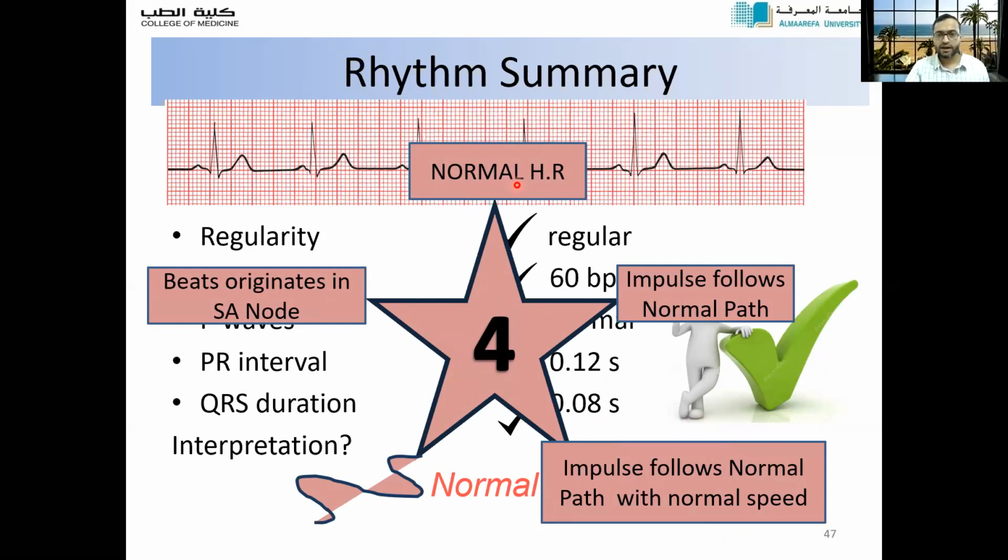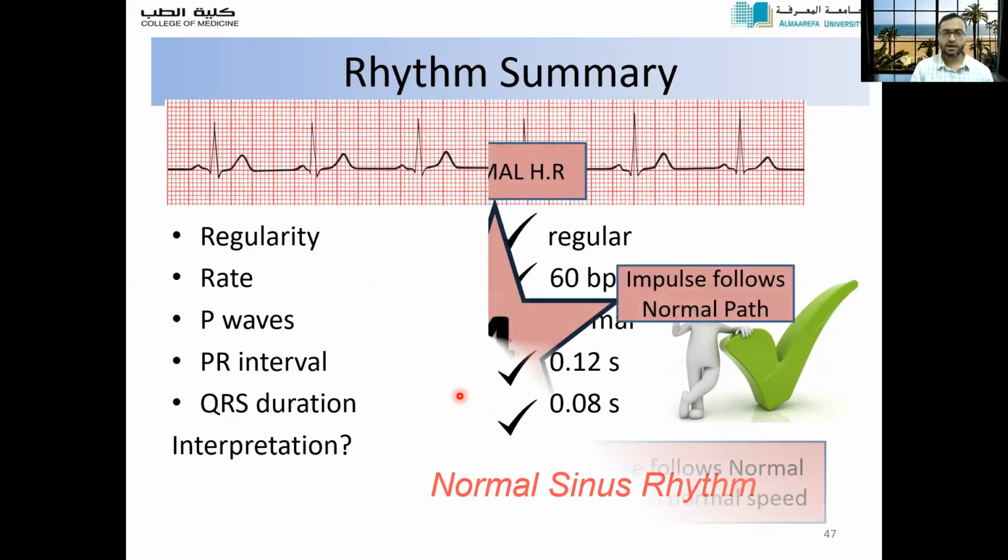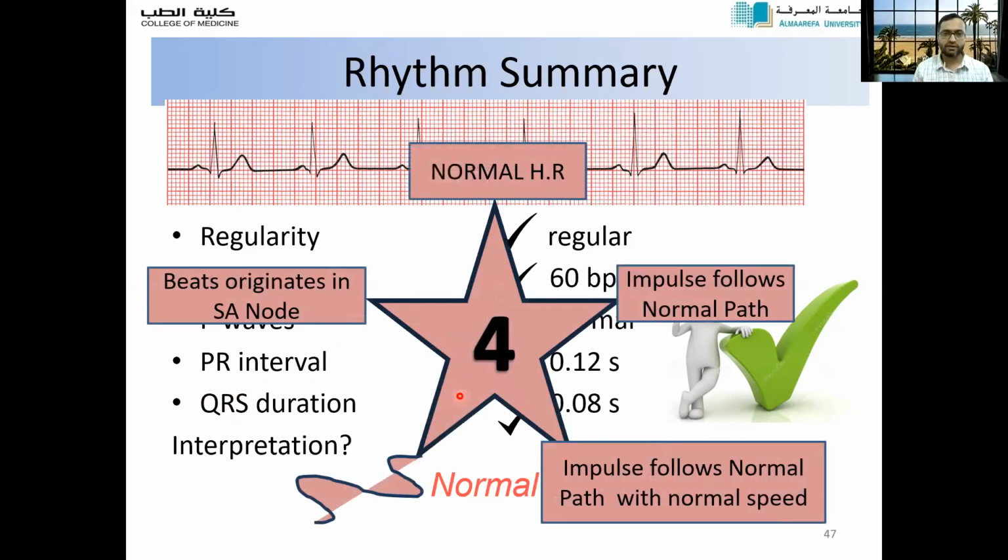Its rate is normal. Impulse follows the normal path with normal speed. By PR interval, you are measuring the speed through the atria plus AV node. By QRS duration, you are measuring the speed through the ventricular path. So we have completed this criteria, and we have read this criteria, and we have confirmed that the rhythm is